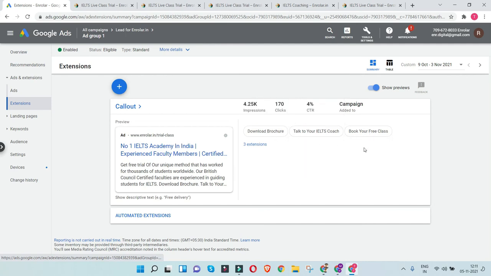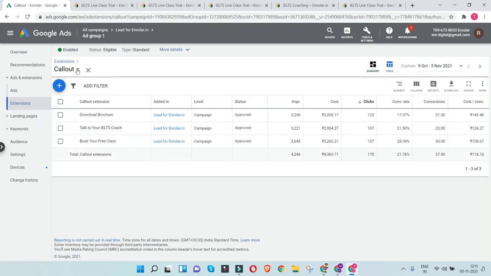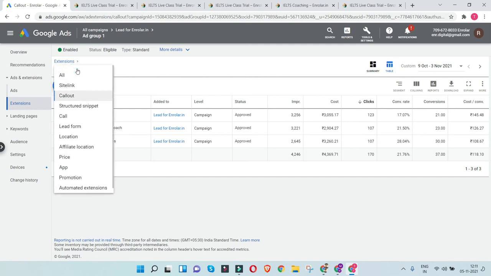You can add multiple buttons in your ad, so it makes the ad consume more real estate, more space in the search results, and at the same time provide more options to your target audience. So your click-through rate will significantly increase if you are using extensions. Now again, in case of extensions, you need to just get into this area over here in extensions and look into this drop down. There are multiple types of extensions.